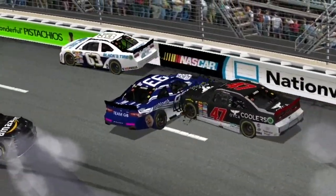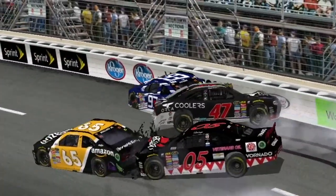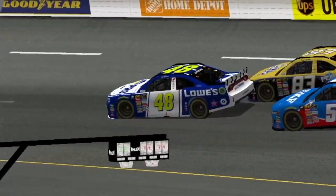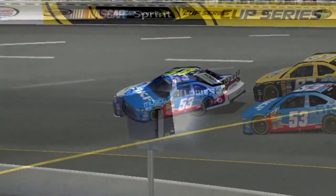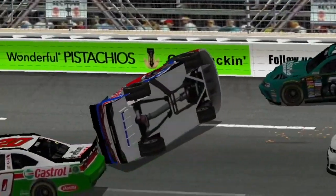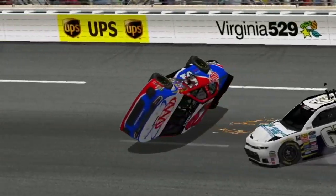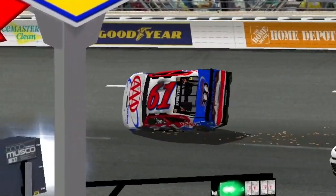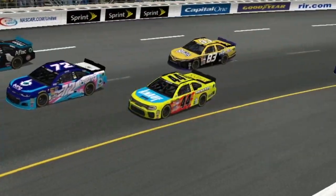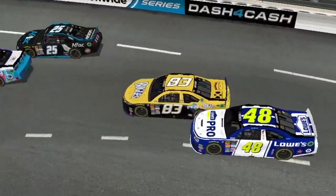But that is a great win for Jay Jefferson. The caution coming out a lap later probably was what saved him there. He would have been fine leading the race to the end, but it probably calmed his nerves that all he had to do was just race back to the line there, and that's pretty much it. So Jay Jefferson comes home with the victory. A lot of underdogs up front. Mathis Wells, Onjak, DJ Curtis, Brady Burkhart, some of the guys in the top 5 and top 10. An exciting race, and a last lap pass, last restart pass by Jay Jefferson gets him into victory lane here